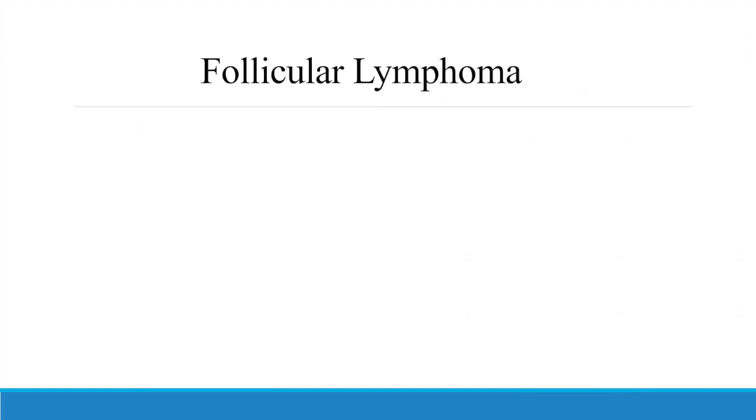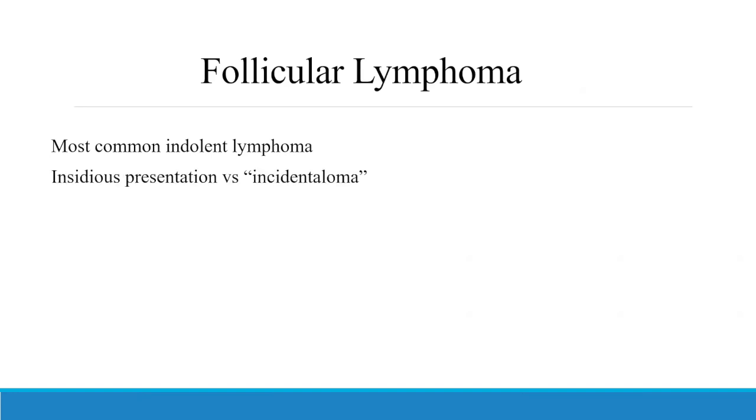So moving on into follicular lymphoma. This is the most common of the indolent-like types of lymphoma, and probably the most common indolent lymphoma that you'll see in your general practice. In contrast to diffuse large B-cell lymphoma, these patients often present with an insidious type of presentation. These are patients who get diagnosed kind of, oh, I've had this lymph node for, I don't know, years now. Or as we often see, patients have biopsies for other reasons and it gets incidentally picked up.